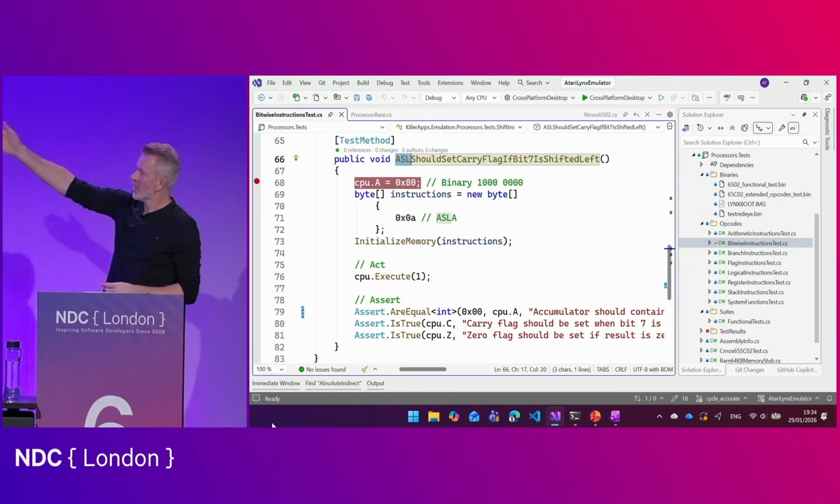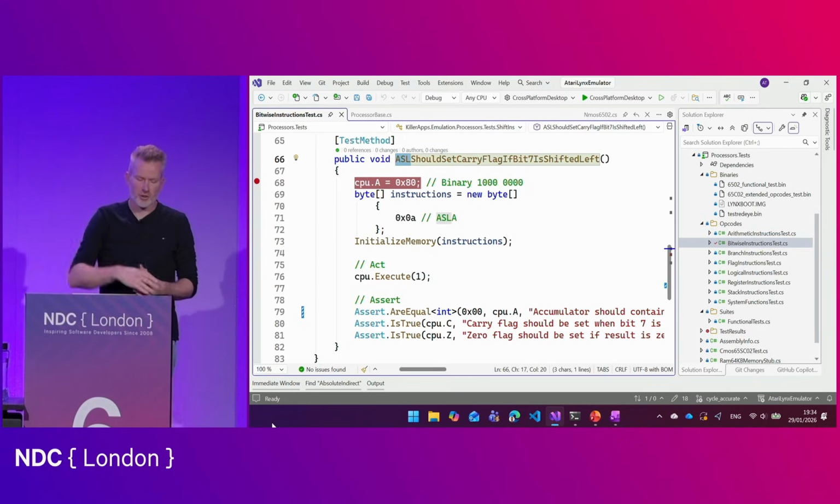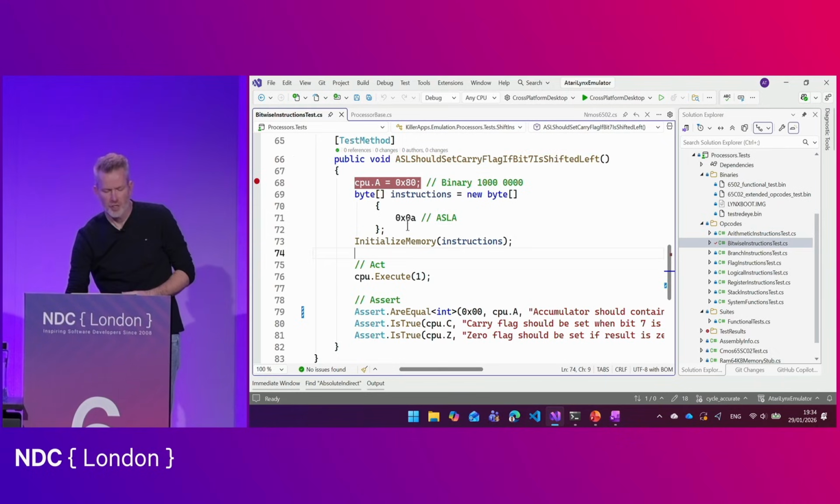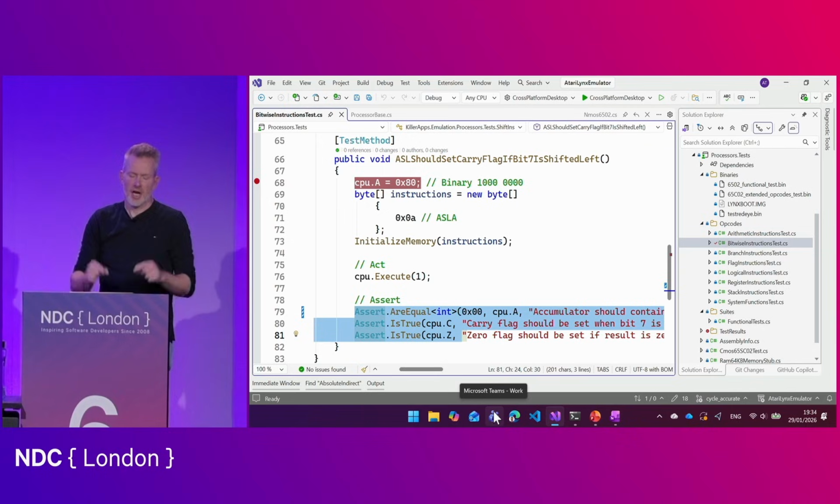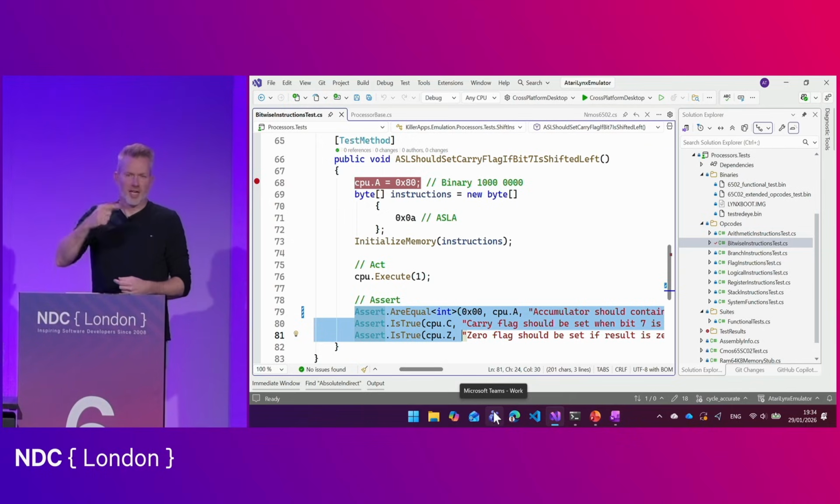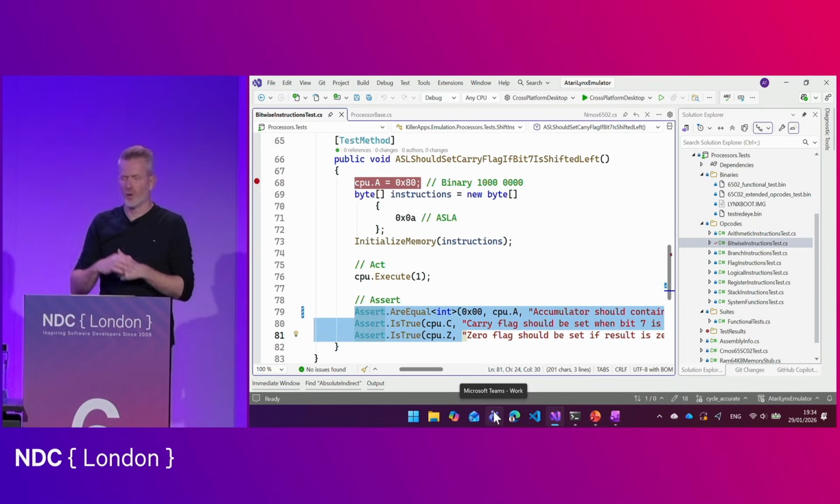So in this case, it's an ASL8 with the accumulator. We put the instructions in. It's a single byte instruction. We initialize the memory with this instruction. We say execute it, and then we assert, have the right things been done? Because we know the effect of such an operation, and for each and every situation, we can go through all of these. I wasn't super complete with this, because it's quite a number of situations that you have,